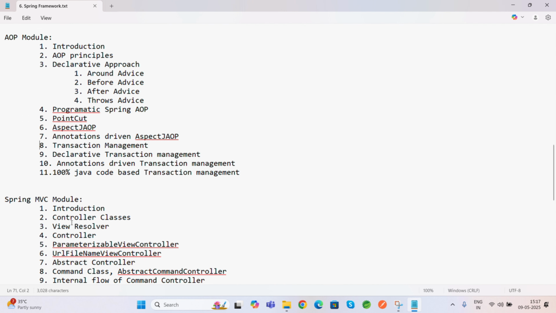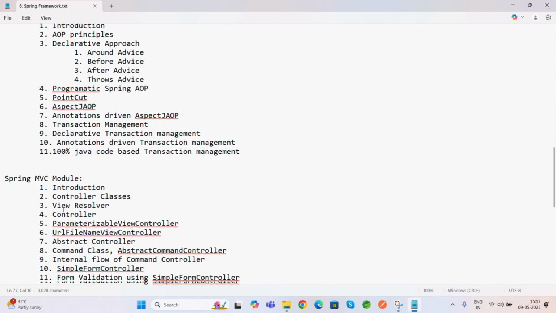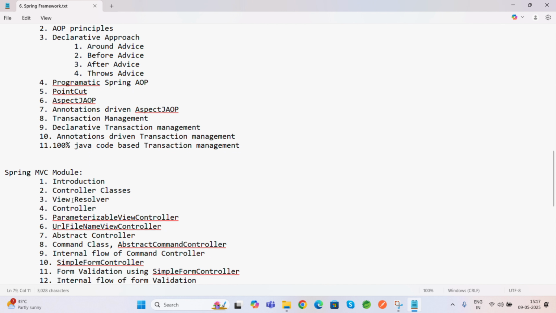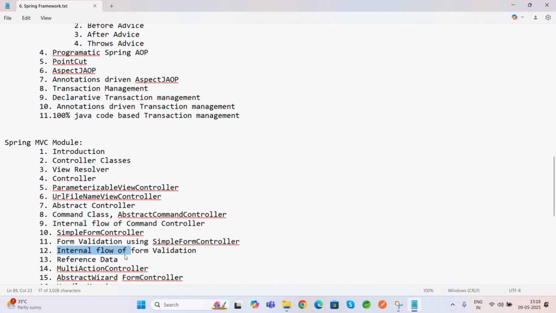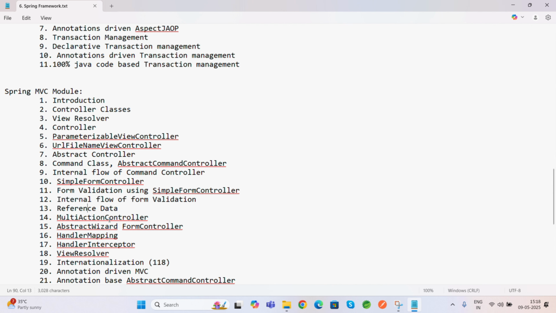When it comes to the MVC module, it is very important. The MVC flow is very important in real-time projects. In Spring MVC: introduction, controller classes, view resolver, controller, parameterizable and URL file name, abstract, command class, internal flow and simple form controller, form validations, internal flow of the form validations, reference data, multi-action controller, abstract wizard,